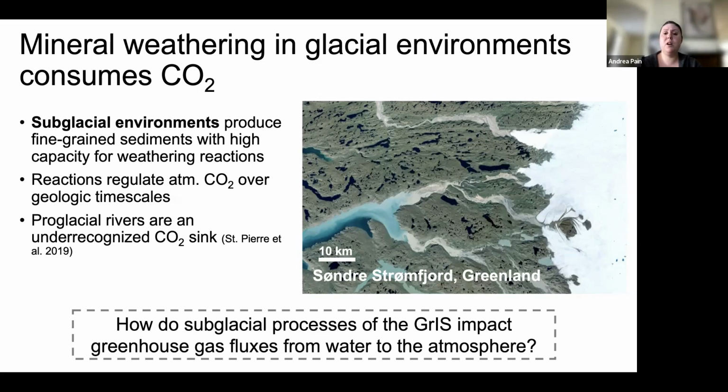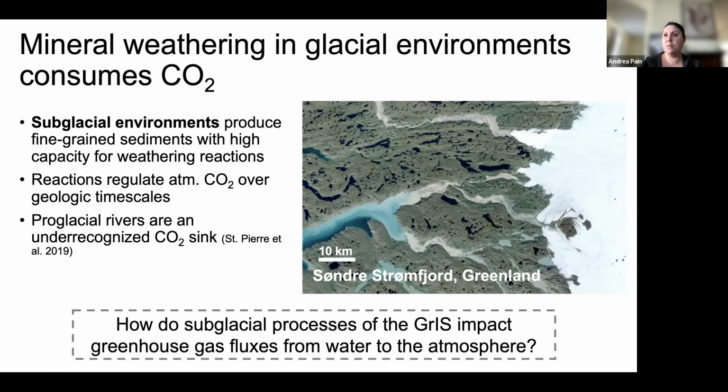So subglacial environments are known to have a lot of these mineral weathering reactions occurring. The reactions are important in regulating atmospheric CO2 over geologic timescales, not just in glacial environments, but more broadly than that. But it's led some to present the hypothesis that proglacial rivers or glacial meltwater rivers are an under-recognized CO2 sink. And so given this information that we know that there's some methanogenesis going on under the Greenland ice sheet